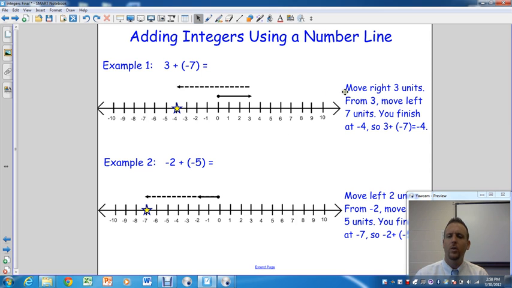So let's review. We moved to the right 3 units. From 3, we moved to the left 7 units. And we finished at -4. So 3 plus -7 equals -4. Next problem we have